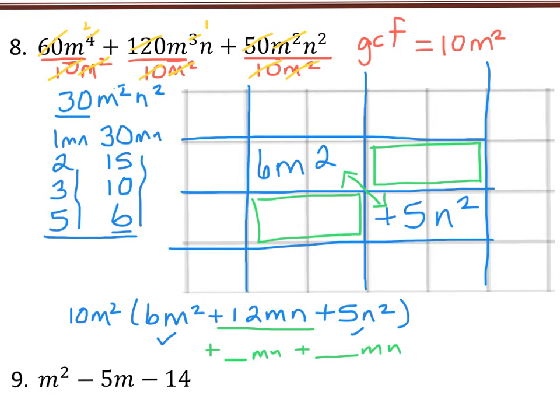Now, the 30 is positive. We look at our middle term in our polynomial, and it is also positive. So that tells us that whatever we added together here had to be two positive numbers. So all of these are positive, and all of these would be positive. And so 1m plus 30m